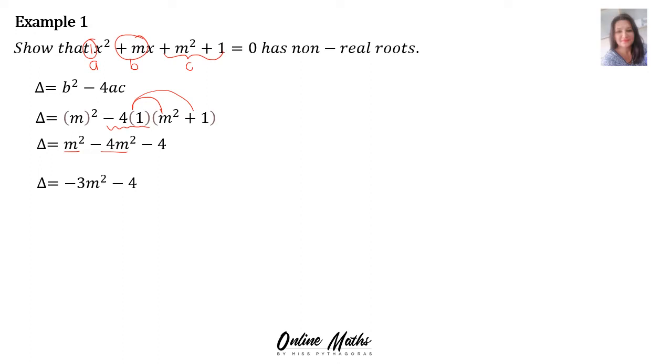Then we have to prove that that equation has non-real roots. Now we're going to dissect the discriminant, and we say negative 4 is smaller than 0 and negative 3m squared is smaller than 0. Whatever you substitute in m's place, the square will make it positive, but then it will still multiply with negative 3. Therefore, that whole term will be negative, in other words, smaller than 0. And now, therefore, your delta is smaller than 0, and the roots are non-real.